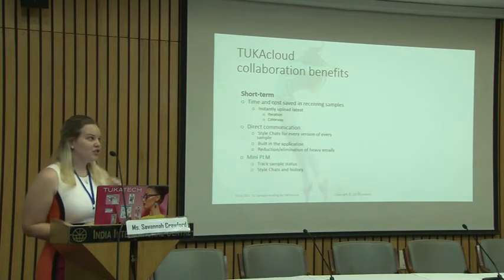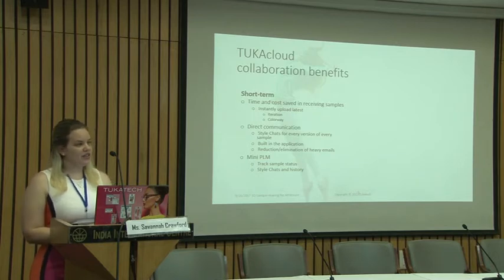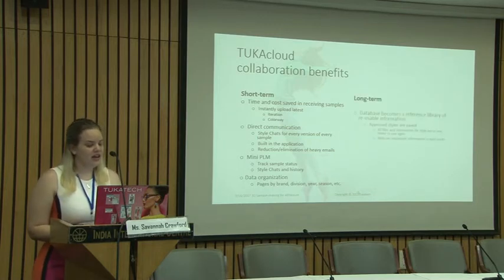key. The short-term benefits are obviously the time and the cost in receiving samples because you're just sending it over the internet, but there's also the direct communication as well as kind of a mini PLM where you get to track changes, see who requested certain things, and then long-term benefits, in addition to the data organization, would be that